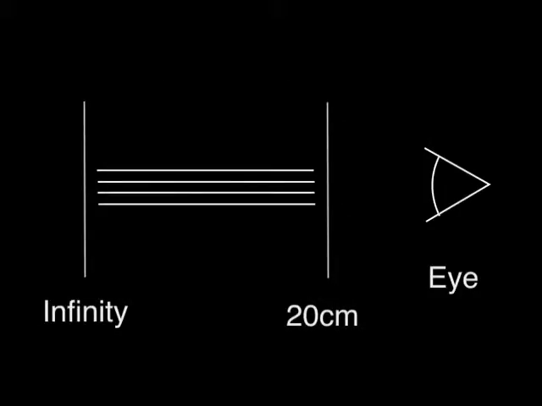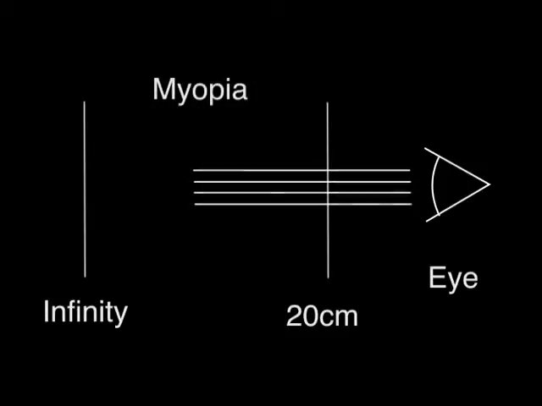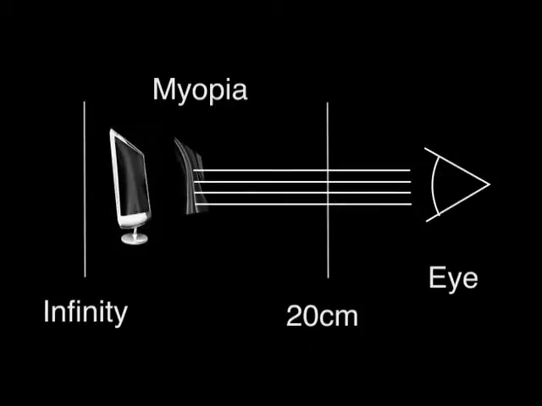When this focal range goes from infinity to close to the eye, we say that the subject has normal eyesight. When the focal range shifts towards the viewer, we call this myopia. A normal display outside this focal range will be blurred. However, a tailored display uses a light field technique to move the image plane closer to the viewer, bringing it